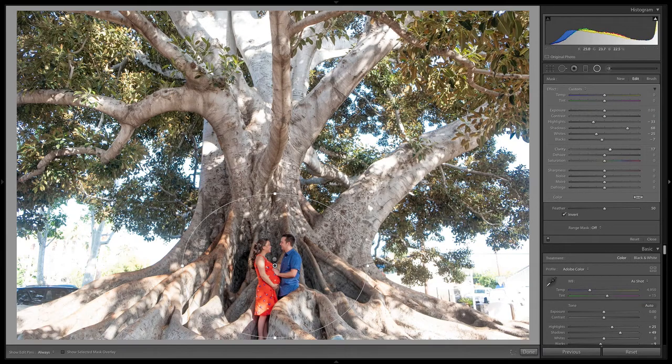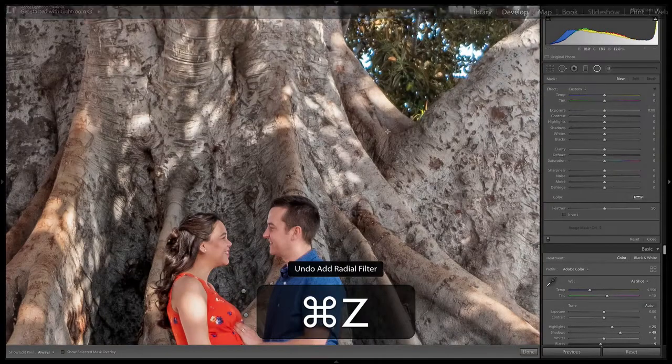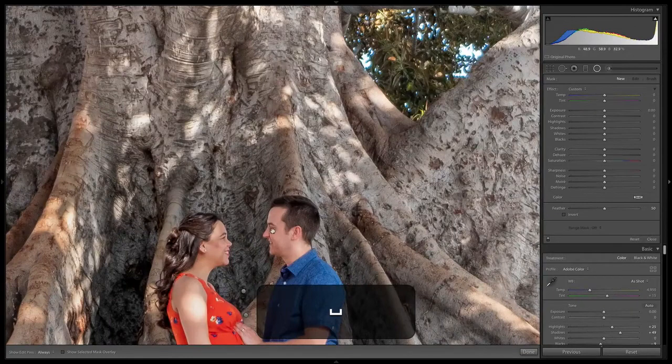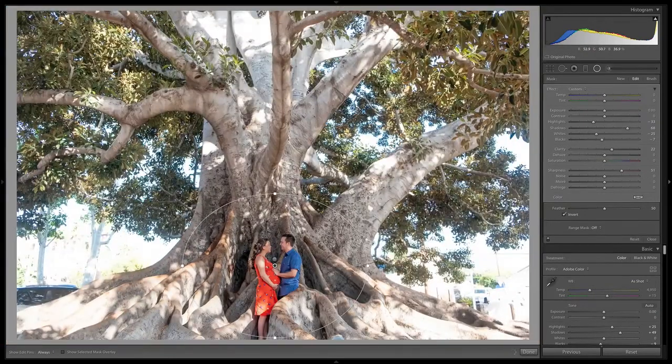Usually I do not like adding clarity around people or to people, but because we are so far from the camera, I don't mind it. Maybe bring up the sharpness as well. Now when I'm zoomed in, you can start to see the noise is added, but when we're zoomed out, it's pretty good.